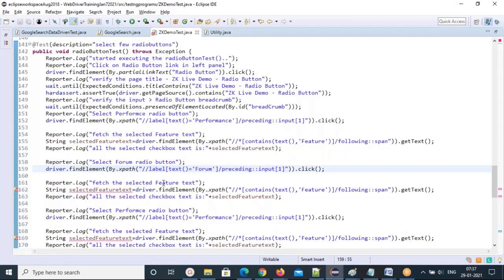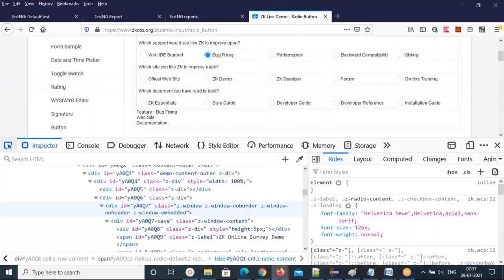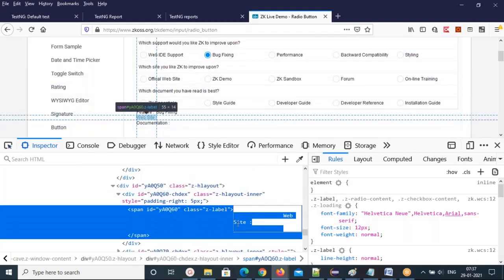Fetch the selected website text. So the selected website text is, you just give here website text. You are selecting here, right? That value will come here automatically. So I'll just copy.